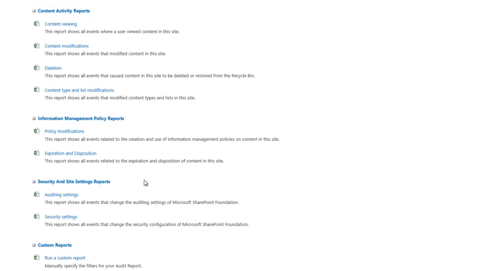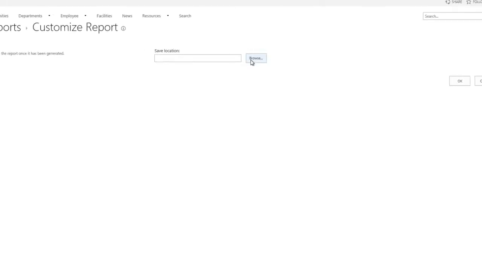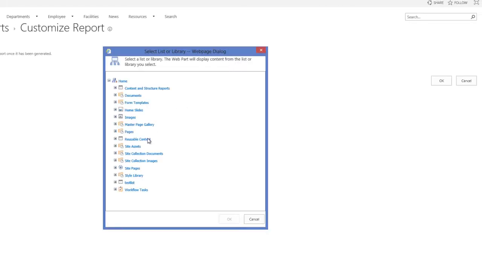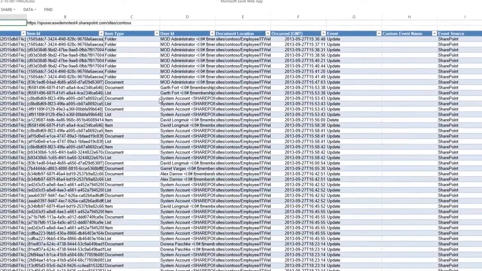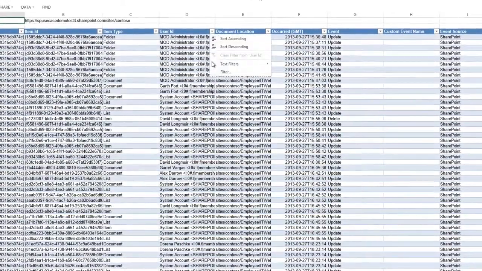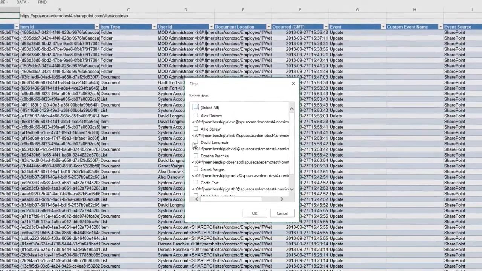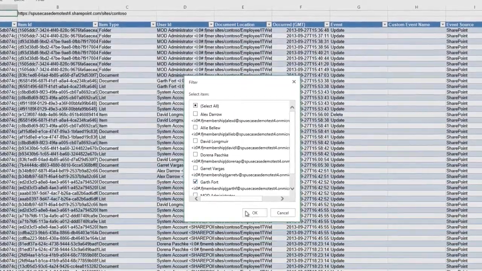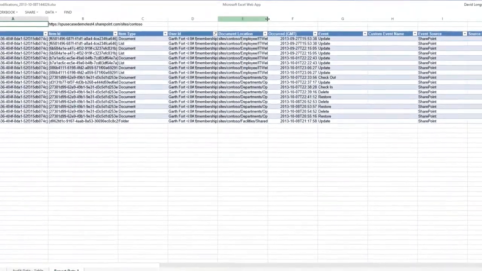As the site collection admin, we can now take a look at the report in Excel. Then we'll run a deletion activity report, which shows us the deleted and restored events that were logged. Here's our user, the one we were previously signed in as. Let's find the document we worked on as that user.